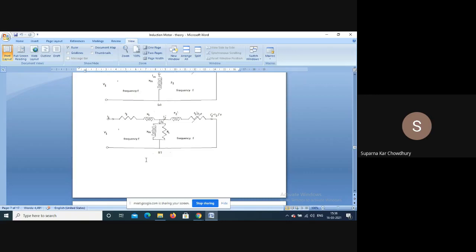This current flowing in the rotor winding also creates a rotating magnetic field. That is also a three-phase distribution because the primary is a three-phase distribution. So this rotating magnetic field is at slip frequency, so this rotor rotating magnetic field will rotate with respect to the rotor at slip speed, and the rotor is rotating at a speed ns into 1 minus s, and with respect to the rotor, the rotating magnetic field is rotating at the slip speed, that is